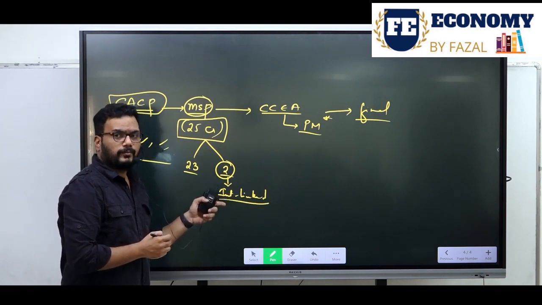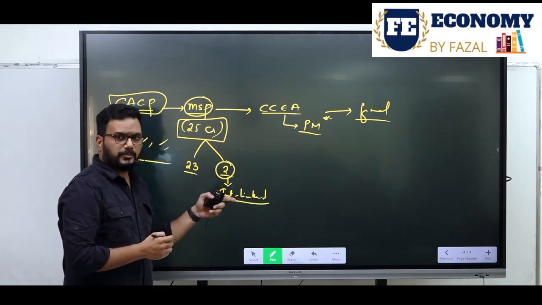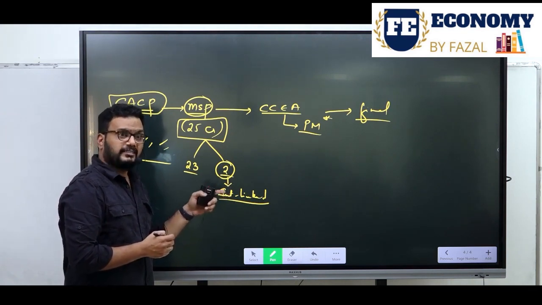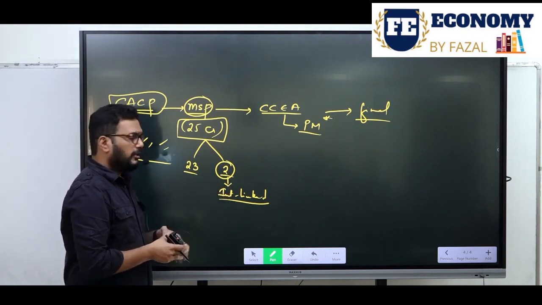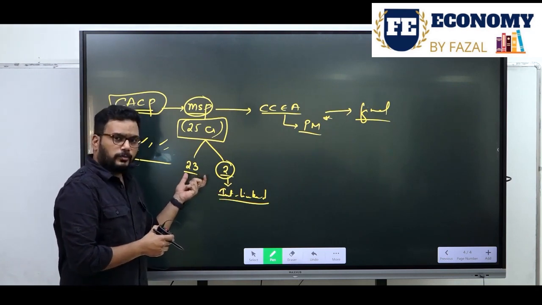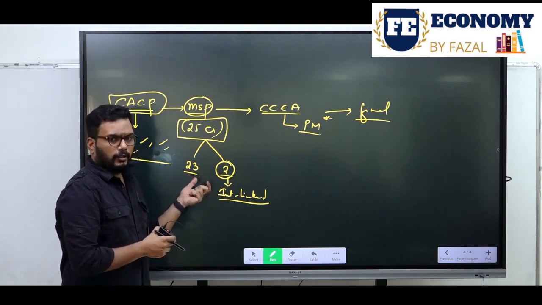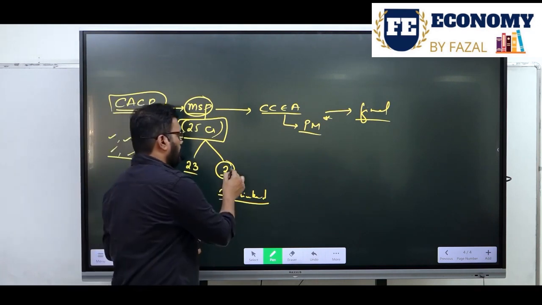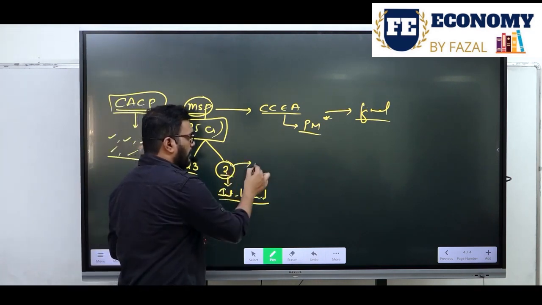Interlinked means these crops are covered under MSP, but their prices are not declared separately. The 23 crops whose prices are declared will be linked to these crops. What are those? Dehusked coconut,